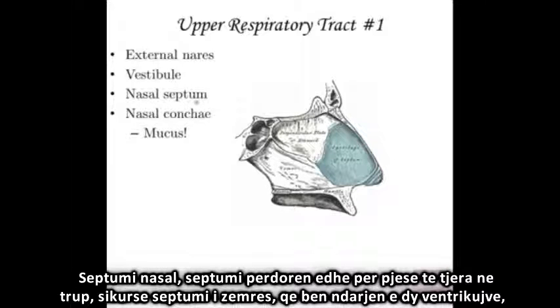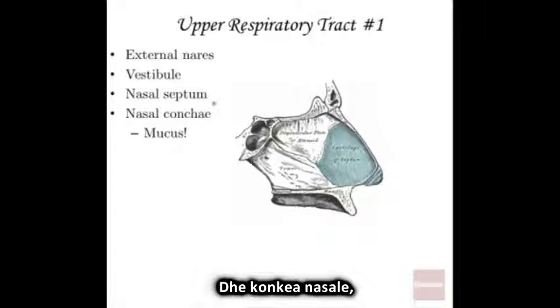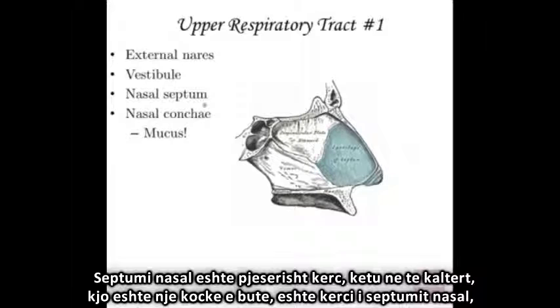The nasal septum. Septum is a term used in other parts of the body as well, like there's a septum in your heart that separates, for instance, the two ventricles from each other. And in this case, the nasal septum is separating the two sides of your nasal cavity, where your nostrils are, and the nasal conchae. The nasal septum is partially cartilaginous, so right here in blue, this is soft bone. This is cartilage of your nasal septum.